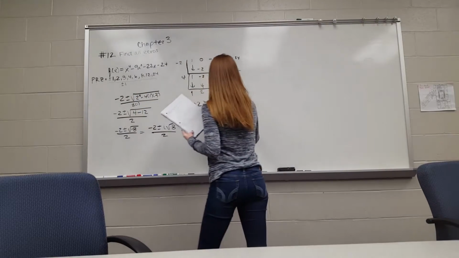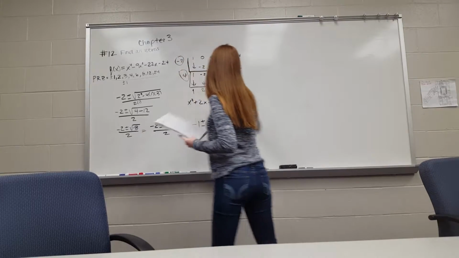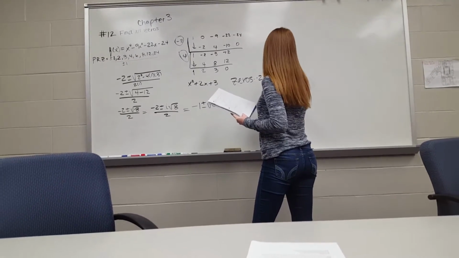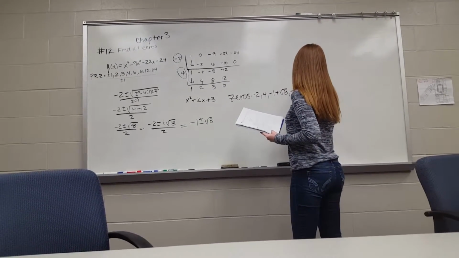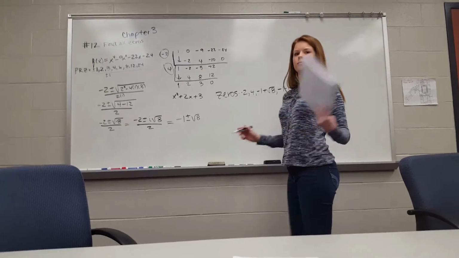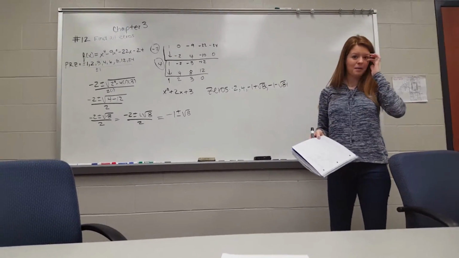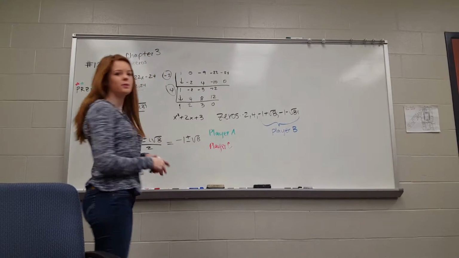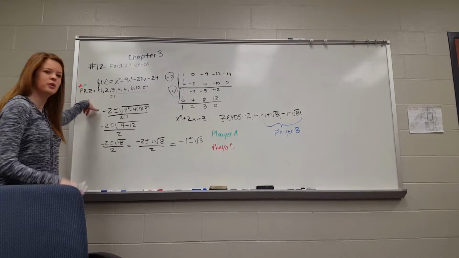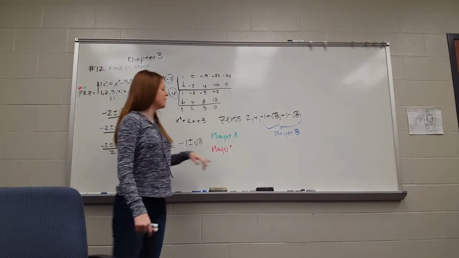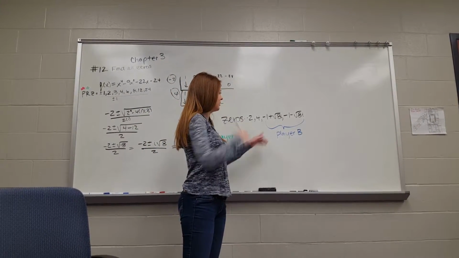So then your zeros are -2, 4, -1 plus radical 8, and -1 minus radical 8. Okay, so player A and player C both did the same thing, and they didn't do synthetic division at all. They thought it was a grouping problem, so they didn't even start out with the PRZ. And then player B didn't do the quadratic formula, just left it as -2 and 4, so she didn't get